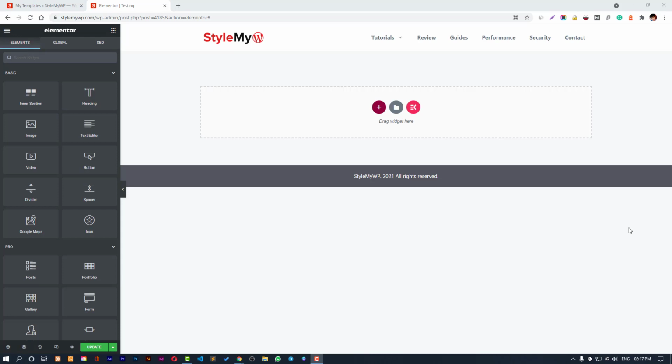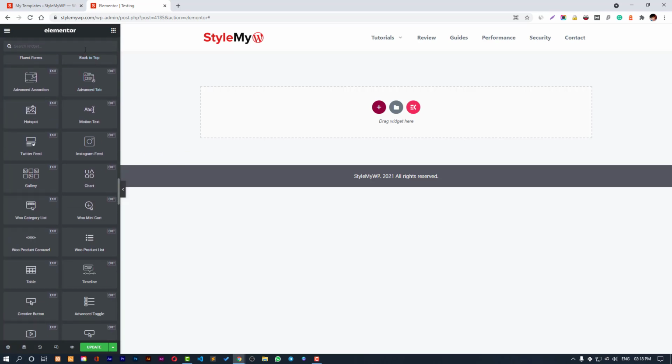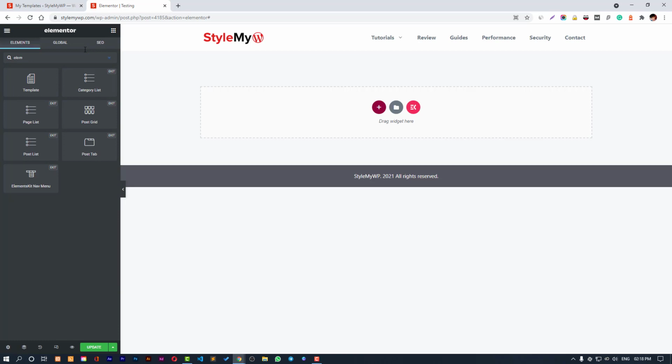And this thing you can do with your Elementor template, your content, and anything you may think of. So without any delay, let's start the video and let me show you how you can do that. To do this, I am basically using the ElementsKit Unfold widget. Let me show you this one.